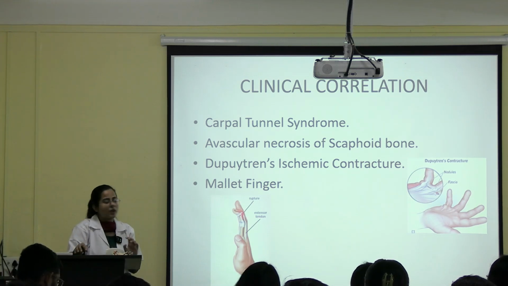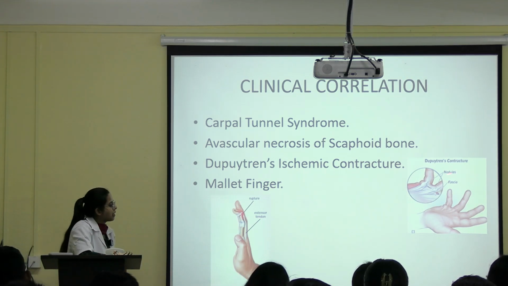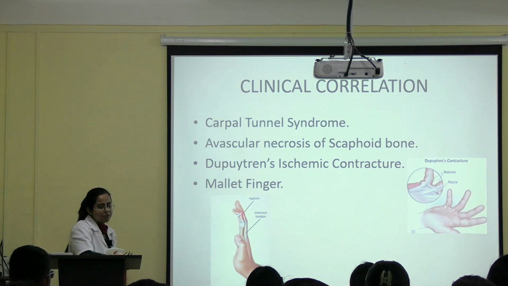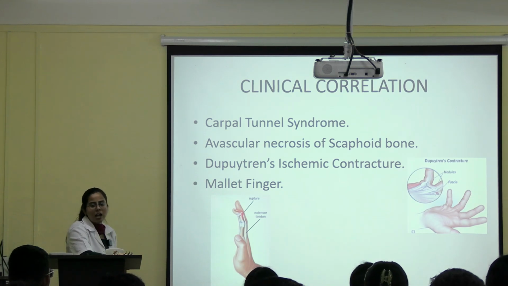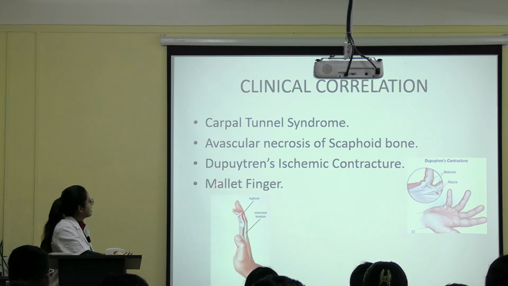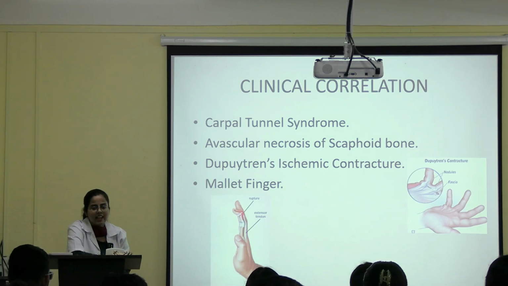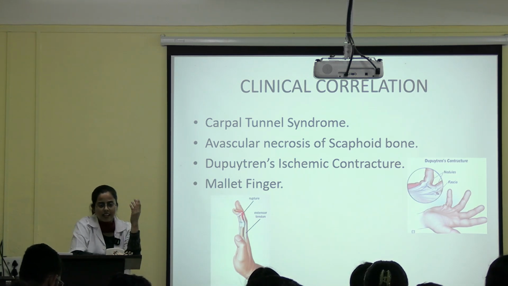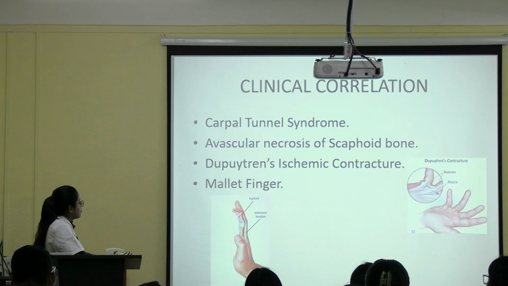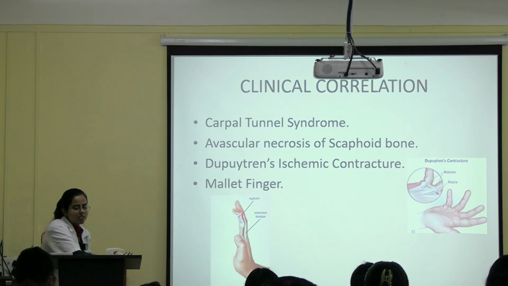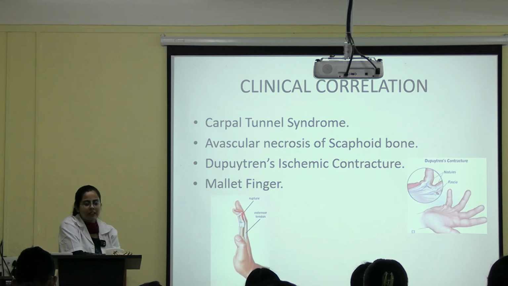Okay. So what will happen? This condition will mainly affect the ring finger and little finger. So this will remain flexed. Okay. So what is this? Thickening fibrosis of Palmar aponeurosis. And what is mallet finger? Some of the lateral fibers of extensor tendon which will be attached to this phalanx will get torn. So what happened? The person will not be able to extend. See, the person is not able to extend this part. So it will remain flexed. So this is known as mallet finger.